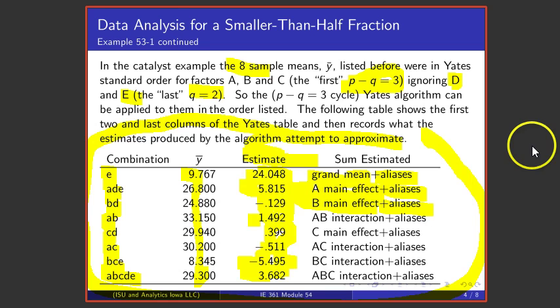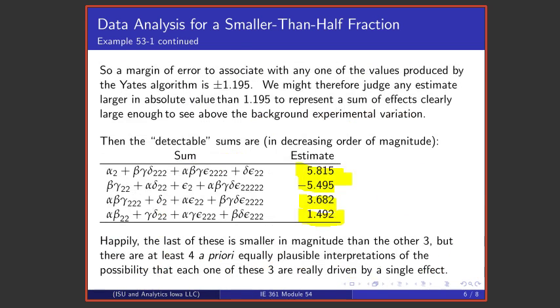And that 5.815 that is right here, that is A main effect plus aliases. Well, what's aliased with the A main effect? It is the BCD 3-factor interaction, the ABDE 4-factor interaction, and the DE 2-factor interaction. Where does that come from? That comes from looking at the alias structure that corresponds to the way the two generators that were used